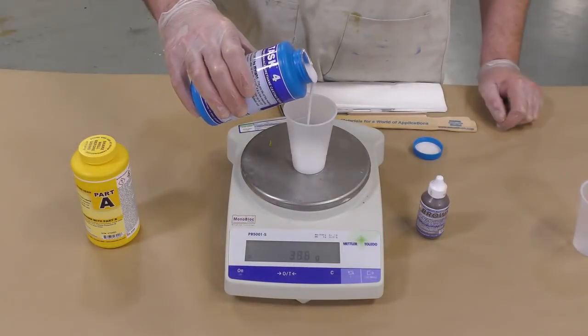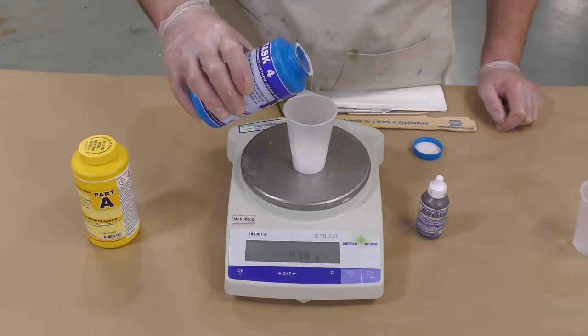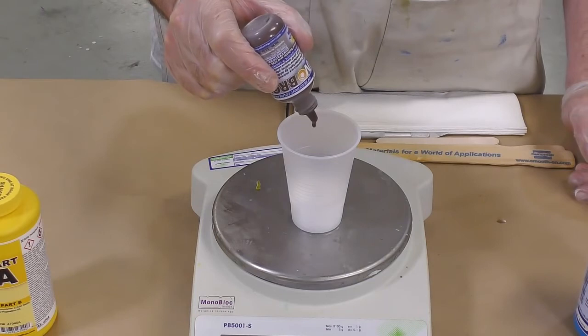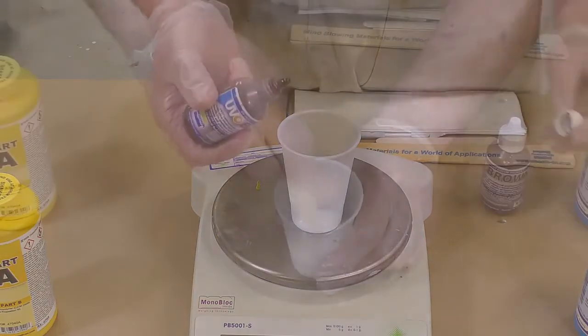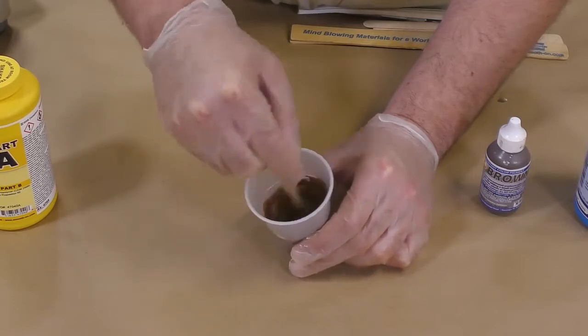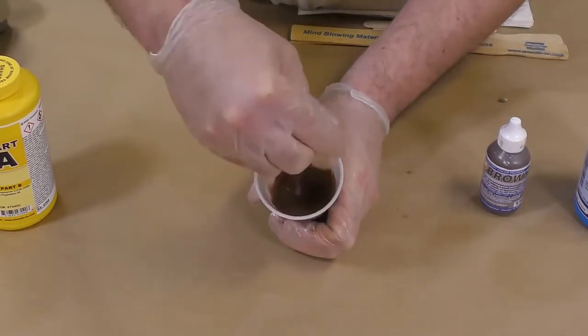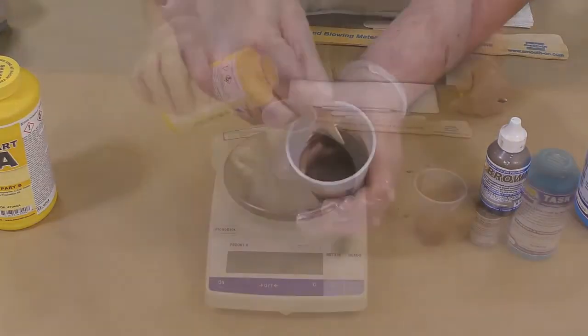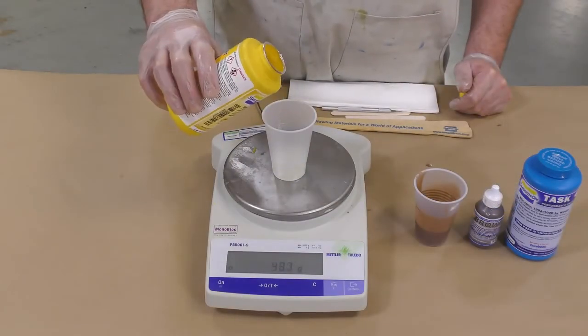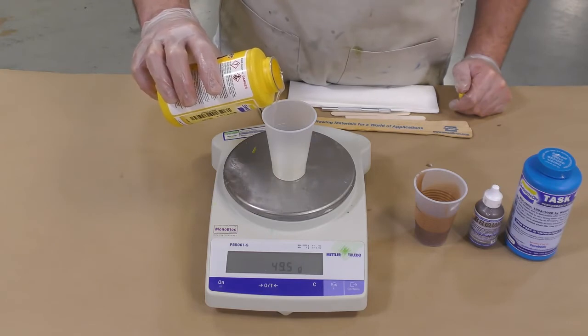Because this is a 1-to-1 mix ratio by weight, I am going to use an accurate gram scale to dispense the Part B, and I'm going to pre-tint it using some UVO brown that will play off the Cast Magic Bronzonker that we dusted the mold with. Now, because this is a urethane-based resin, I waited to dispense the Part A so that I don't expose it